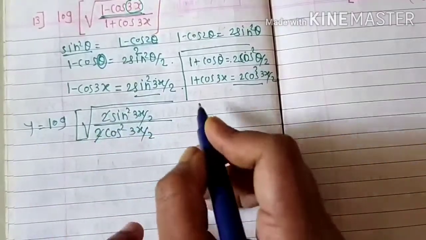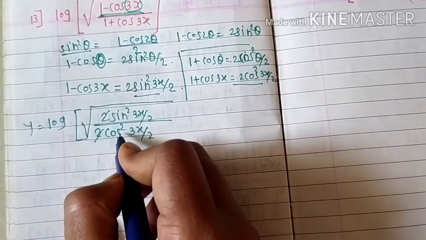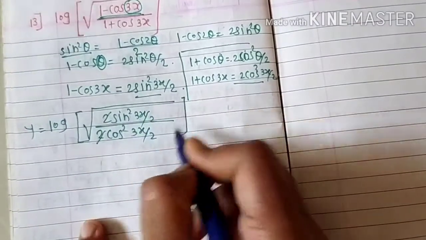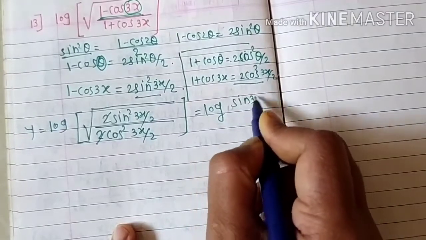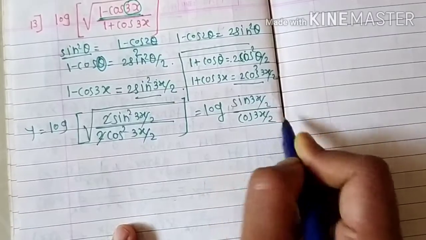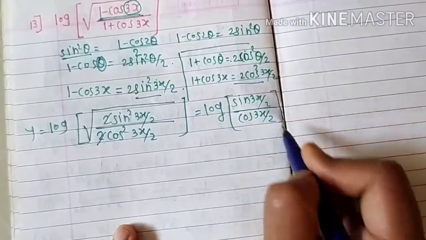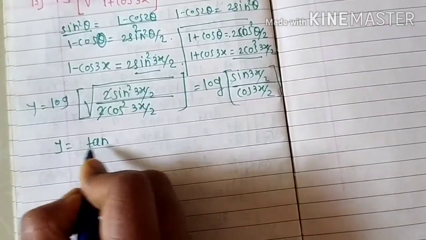The 2 gets cancelled. If you take the square root, sin square gives sin and cos square gives cos. So we get log of sin 3x divided by 2 divided by cos 3x divided by 2. And we know sin upon cos means tan. Therefore y is equal to log of tan